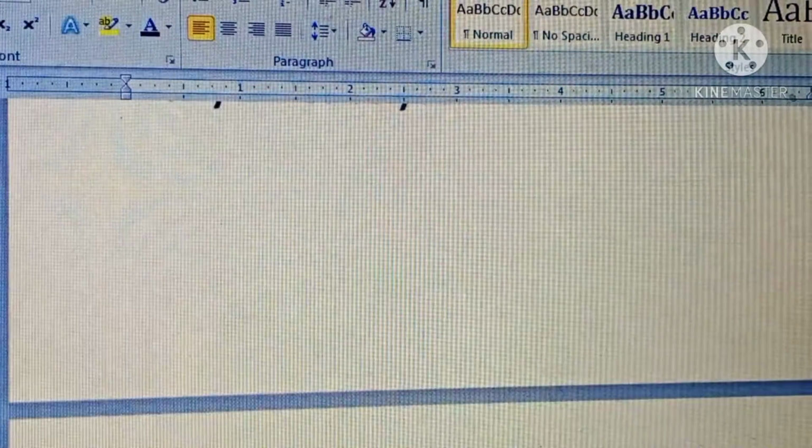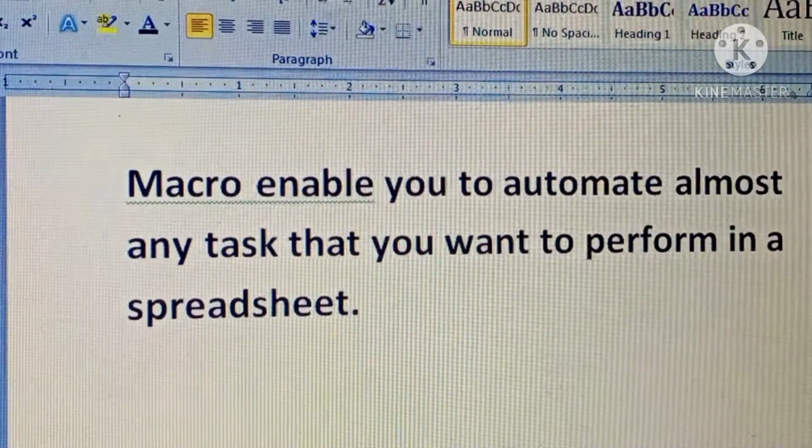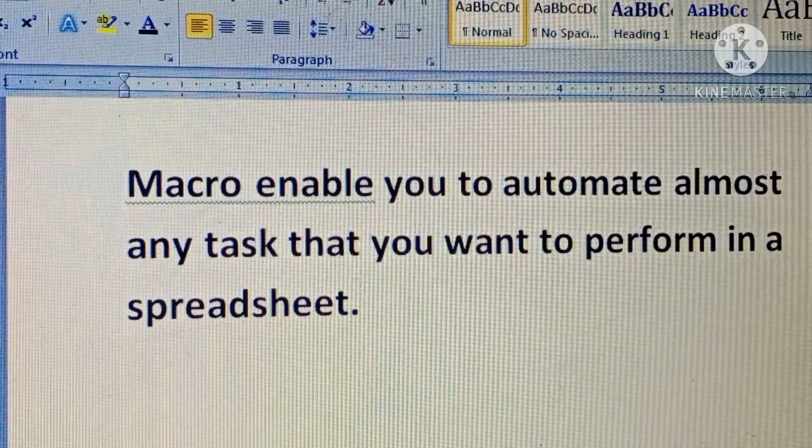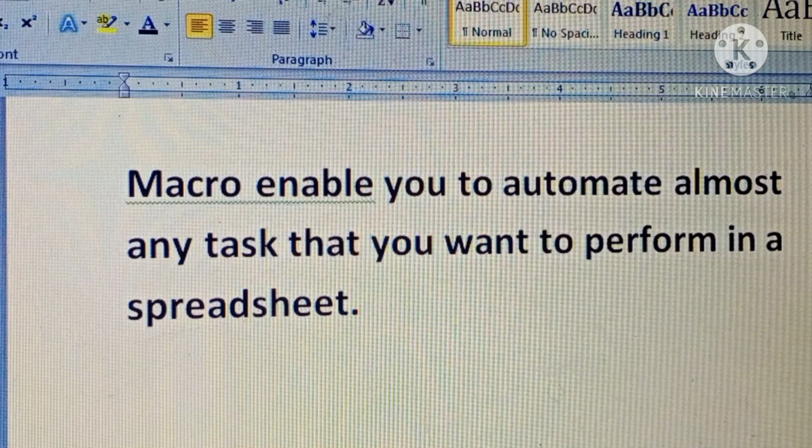So in short, what is the definition of the macro? Macro enables you to automate almost any task that you want to perform in a spreadsheet. It means macros enable you to automatically perform any task that you do, and later in the spreadsheet, if you want to perform that task, or you want to perform all these actions, you need not do all these actions again and again, but you need to run that macro.